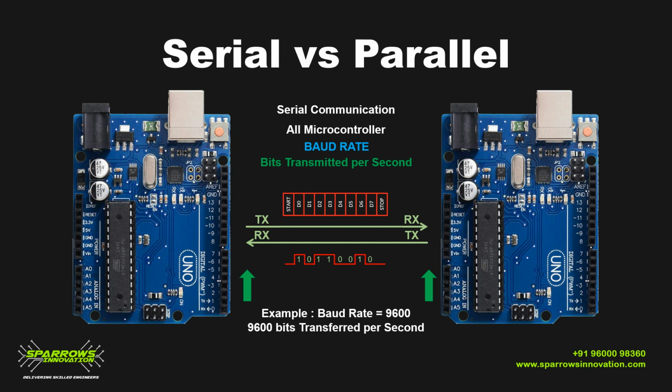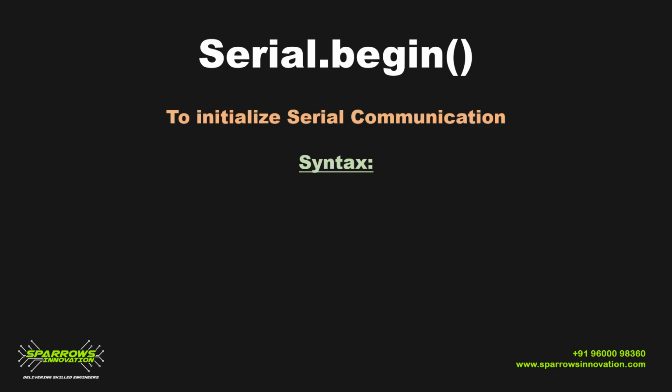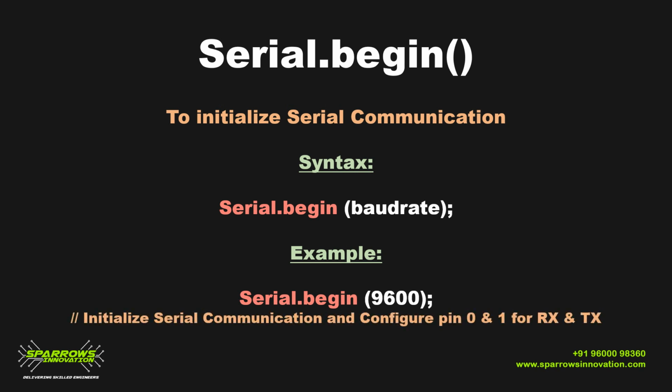Whenever we are programming for serial communication, the receiver side and the transmitter side should have the same baud rate value. So now we will see how to program in the Arduino. In the Arduino, we have to use the function called Serial.begin. Inside the brackets you have to give the baud rate value, which you are going to initialize for your transmitter as well as the receiver. I am using 9600 in this example.